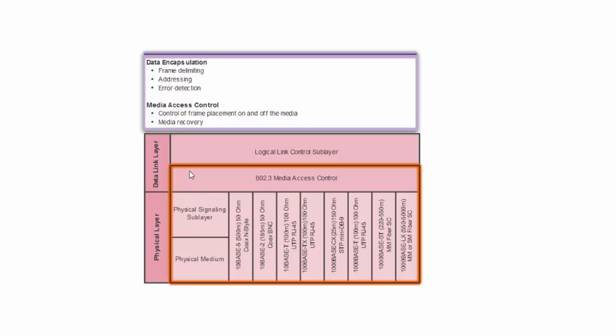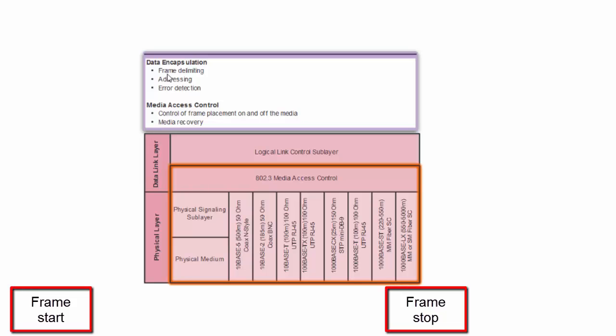The operation of the Ethernet MAC sublayer has two main functions. One is the data encapsulation, and the other one is medium access control. The data encapsulation part has three main functions. The first one is frame delimiting. So as we have mentioned last time, frame delimiting defines a set of predefined binary values that are used to mark the start and the end of the frame, and therefore it facilitates the synchronization between the sender and the receiver. The second thing is addressing, and addressing is very important to identify the target receiver for a particular frame,